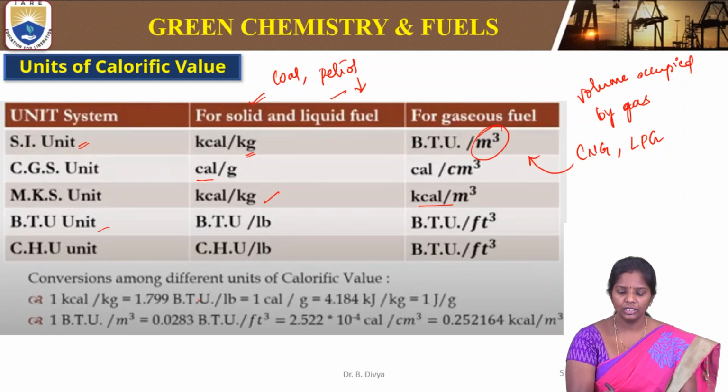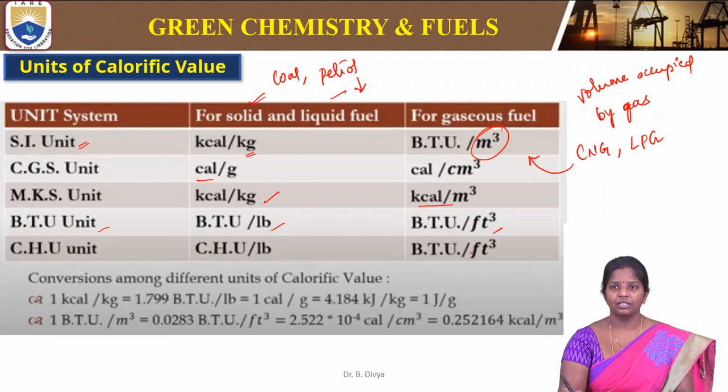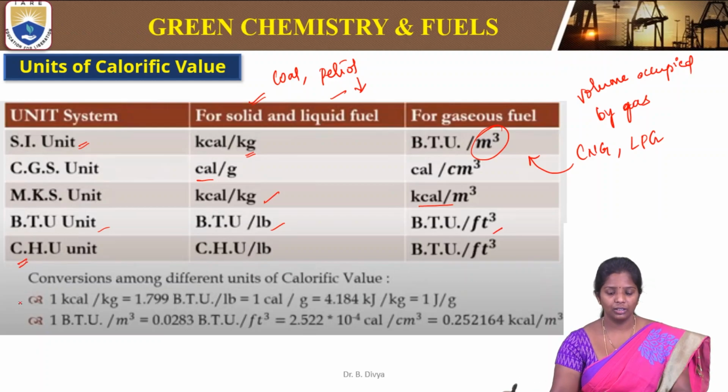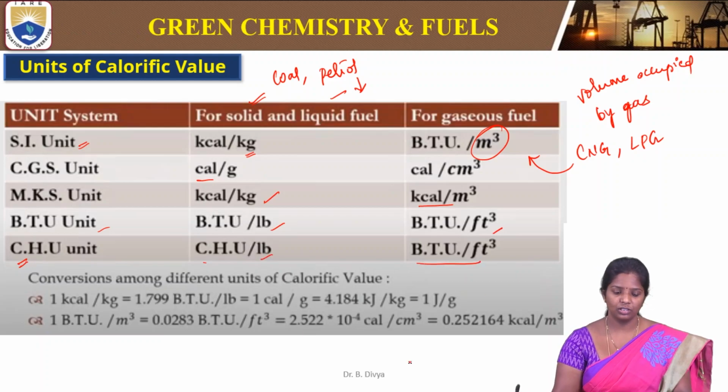Then BTU units, BTU per LB and BTU per square feet. So this is how we use the different units. And CHU is nothing but the centigrade unit. So CHU per LB and BTU per cubic feet. So this is how the conversion takes place, and the major conversions between different types of units of calorific value